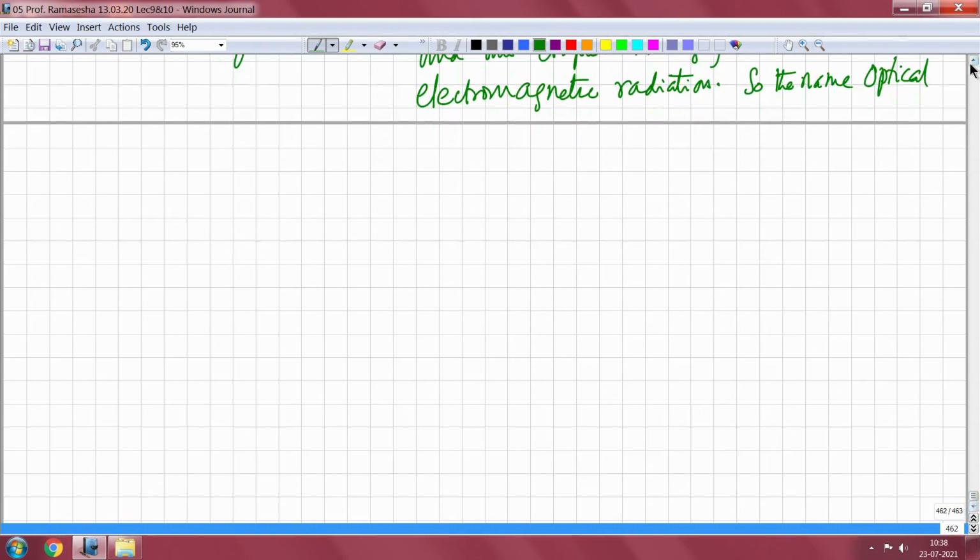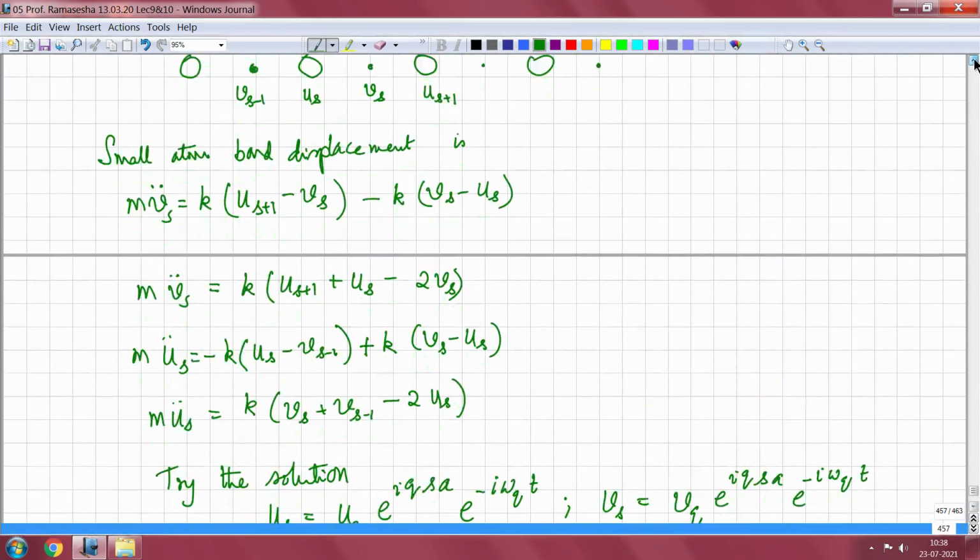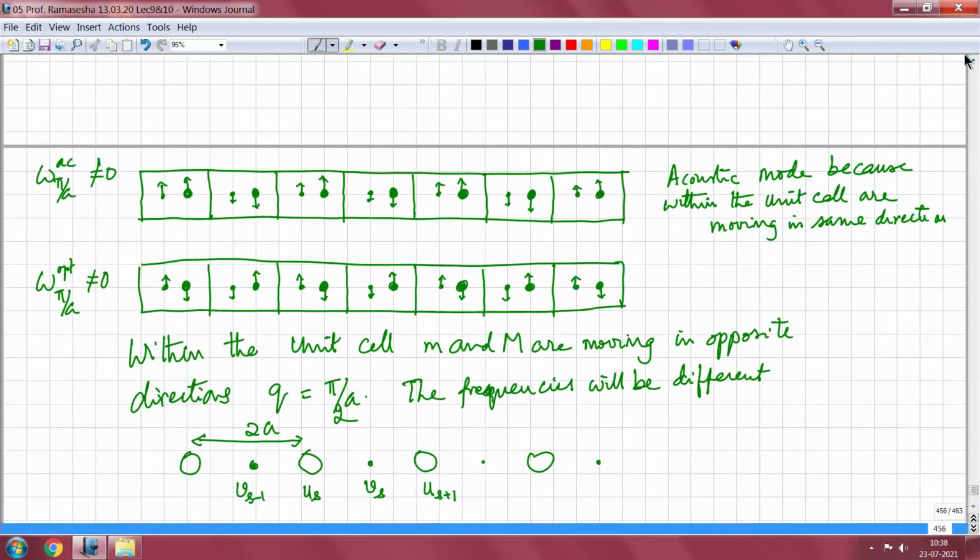One thing that we understand is that we have looked at two different kinds of motions in the unit cells, which is given here. Supposing I consider this as the unit cell, then the motion that I am getting is like this, but here the two will become identical when I have this as a unit cell. So this and this will become identical when the unit cell definition is changed, but you have to consistently change the definition.